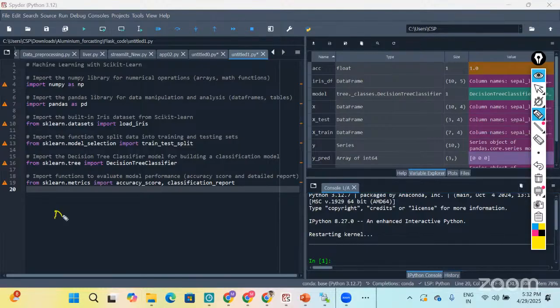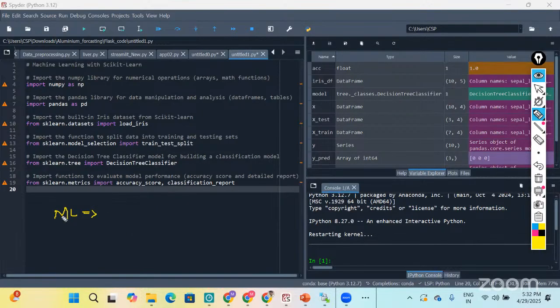First of all, what is machine learning? Machine learning is a field of study that gives computers the ability to learn from experience data, or the past data, we can say, without being explicitly programmed. That is nothing but your machine learning. And machine learning powers everything from Netflix recommendations to self-driving cars. All these things are done by using machine learning code.